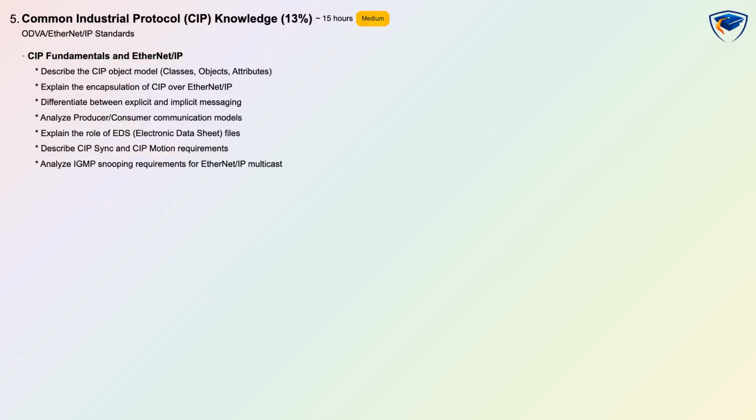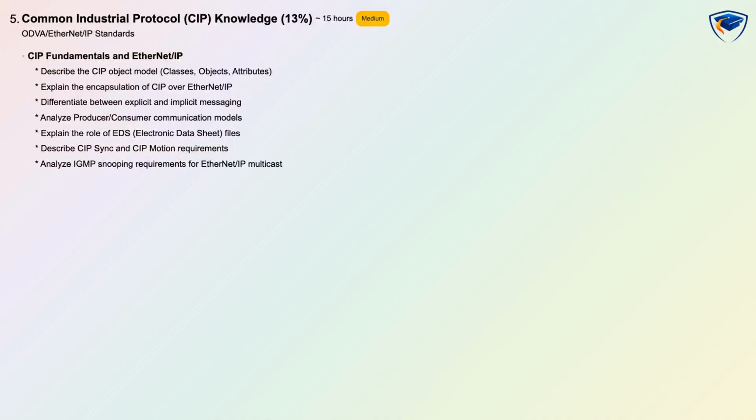Common Industrial Protocol Knowledge is 13% and focuses on ODVA and Ethernet IP standards at a medium difficulty with about 15 hours of study and conceptual scenario assessment. You will learn the CIP object model with classes, objects and attributes and how CIP is encapsulated over Ethernet IP. The syllabus includes explicit versus implicit messaging, producer-consumer communication models, EDS files, CIP sync and motion requirements, and IGMP snooping